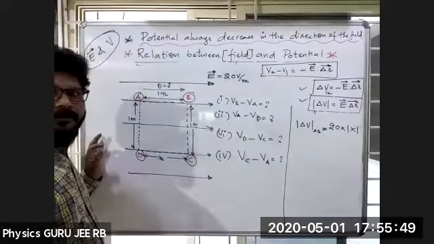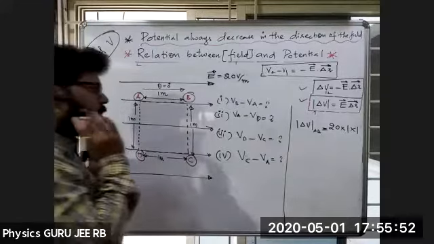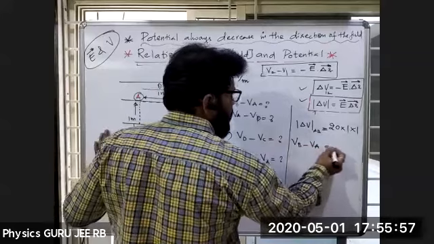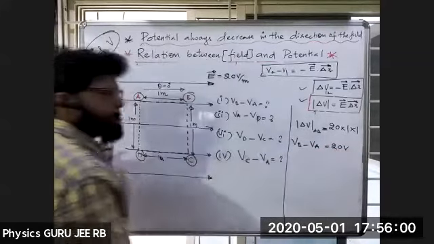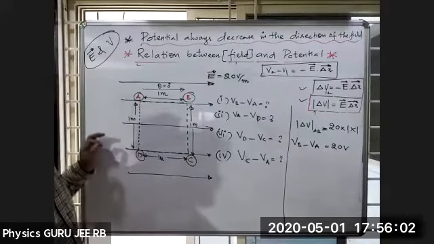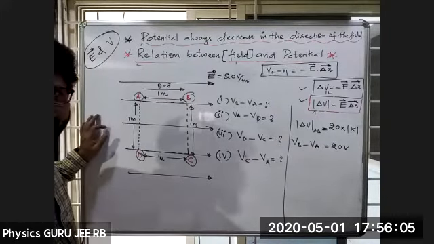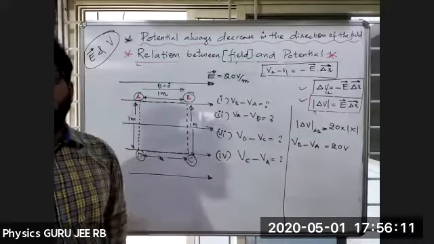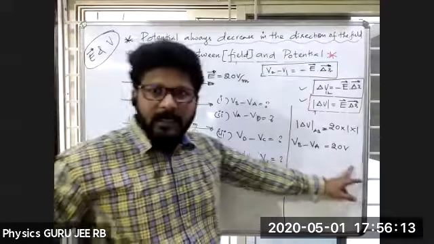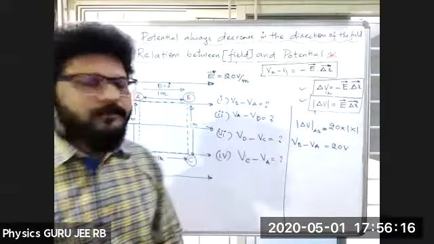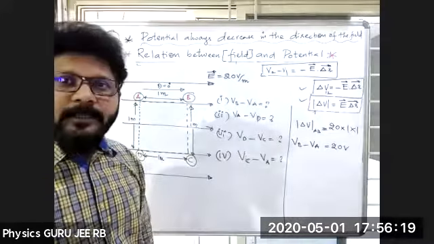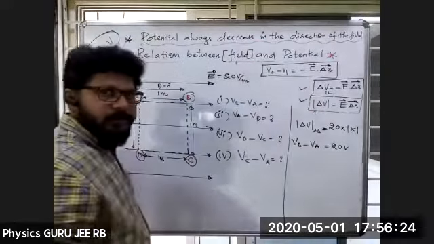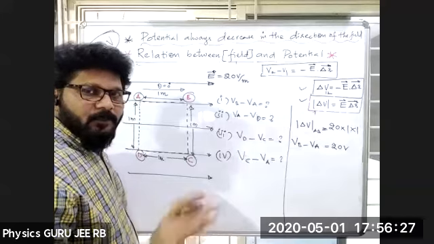Now the question comes whether VB minus VA will be written as VB minus VA equals 20 volts. Whether it is positive or negative, that we have to decide. Is 20 volts the correct answer or wrong answer, right? Can anybody clearly understand here? VB minus VA is 20 volts, everybody got it, right? Concept matters. Now positive or negative?